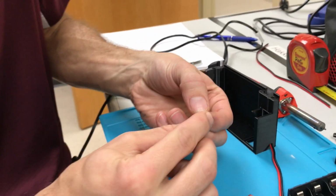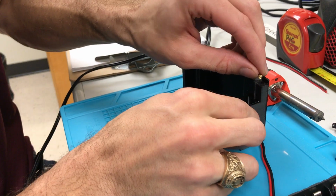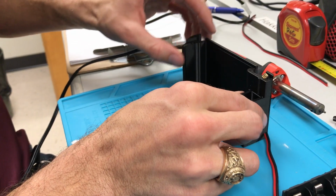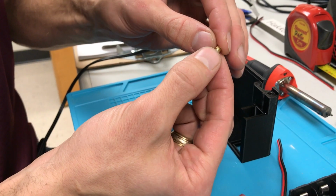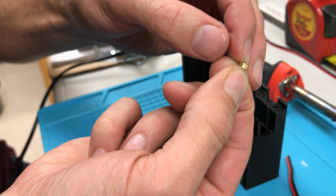Right now I'm going to show you how to put your threaded insert into your plastic parts. So these are the ABS plastic. This also works with acrylic in the same way. These holes were designed with just a slight interference with the outer knurls, the outer diameter formed by the knurls